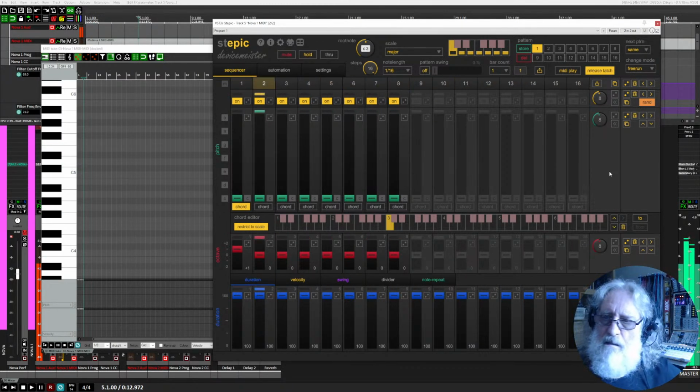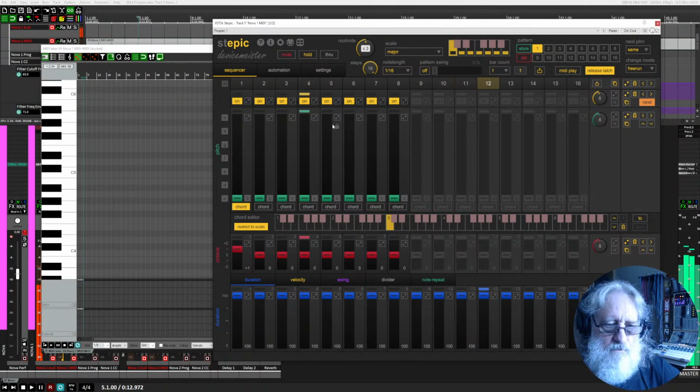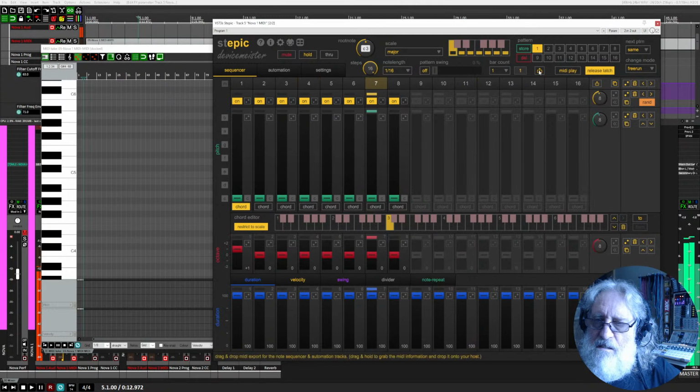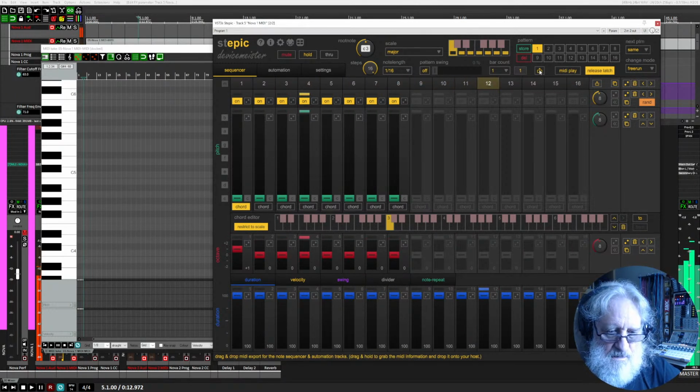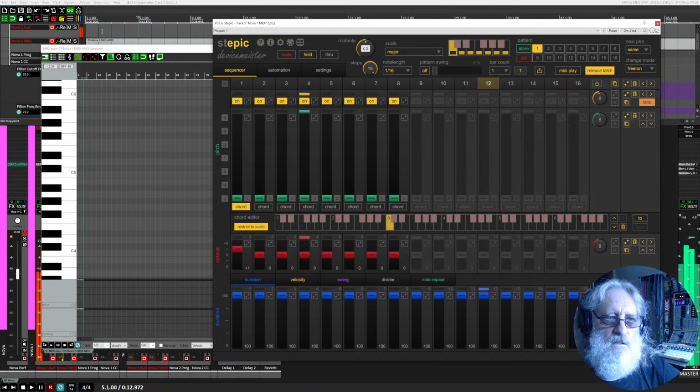And if you wanted to commit this to MIDI, you can use this widget here, which drags and drops the notes that are being played into your DAW, and